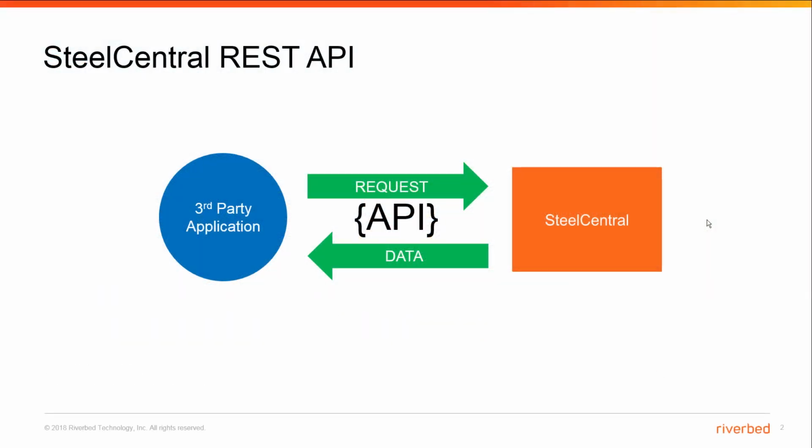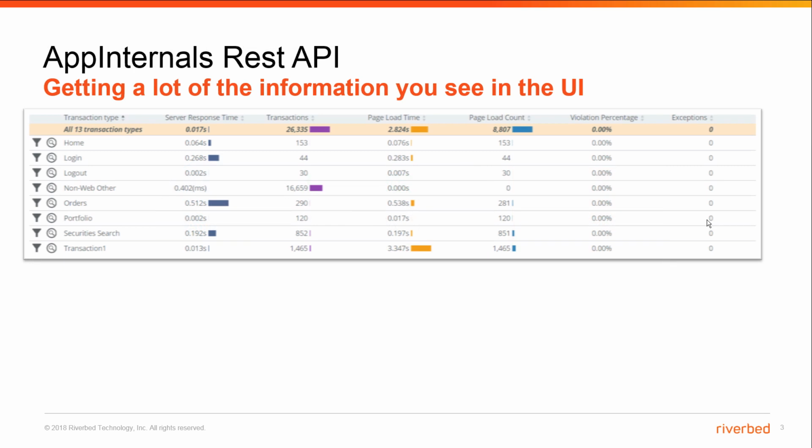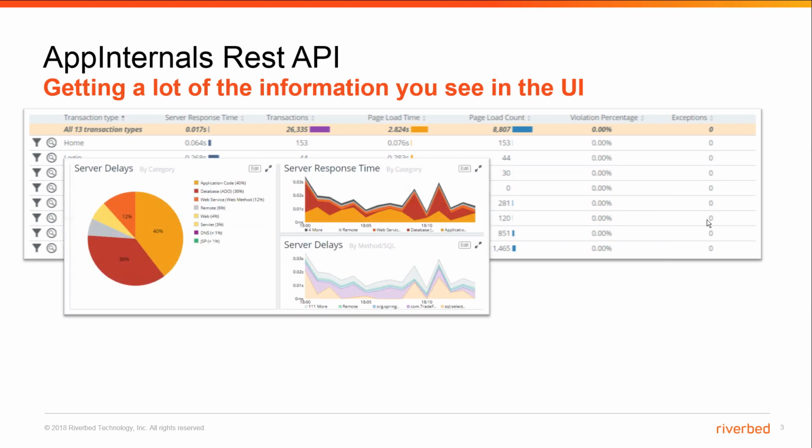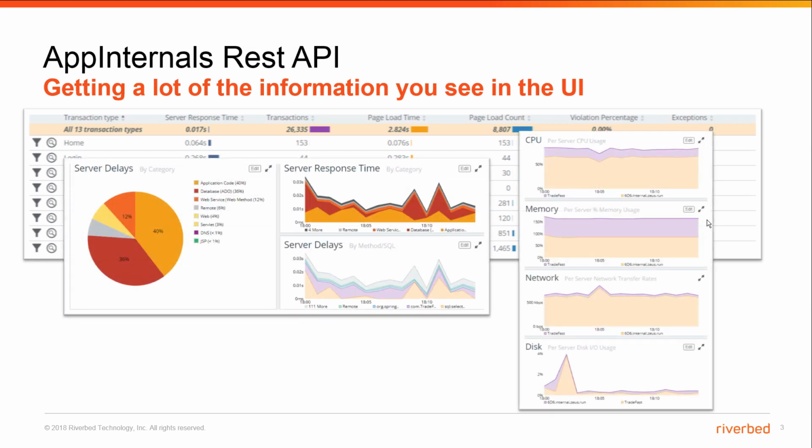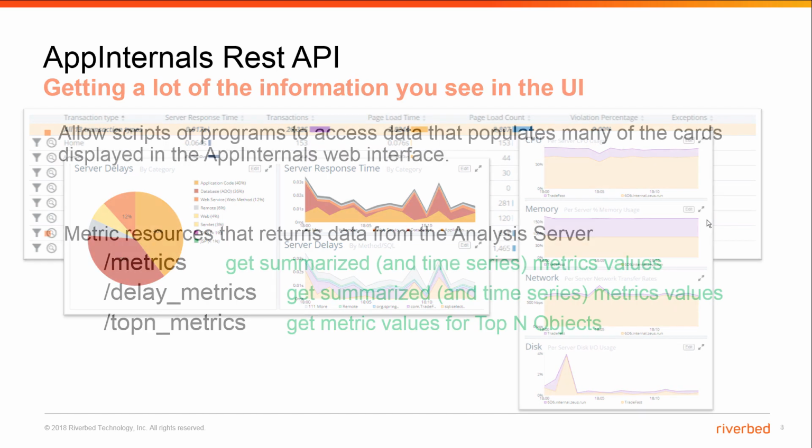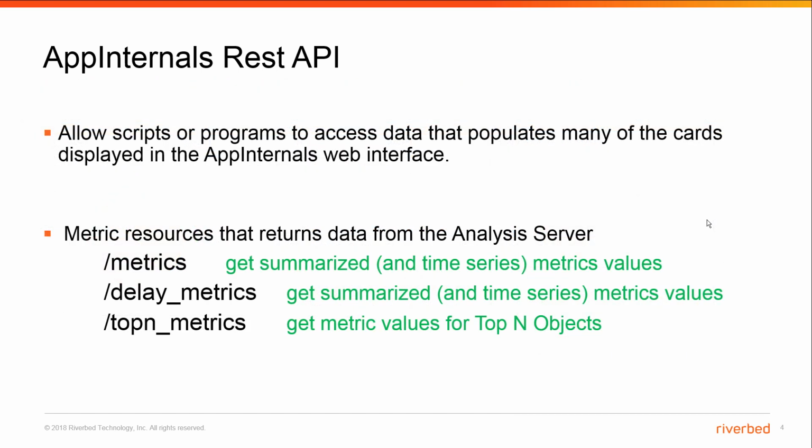With the SteelCentral REST API, you can send requests to SteelCentral and receive performance data. The idea here is to give you access to a lot of the information you see in the UI, in tables and other cards. We will be showing the usage with Postman, but with the AppInternals REST API, you can use scripts and programs